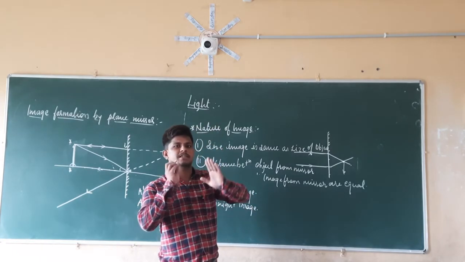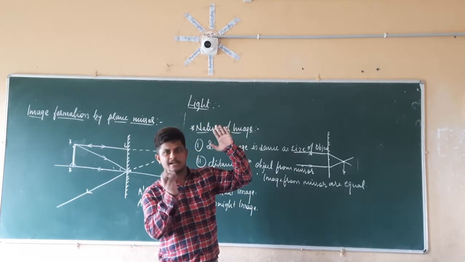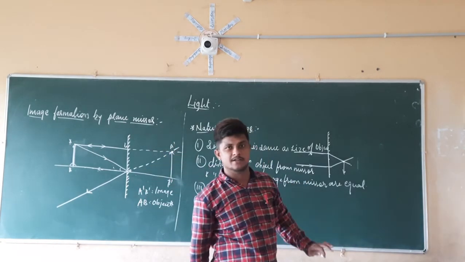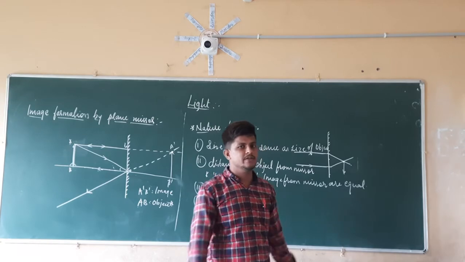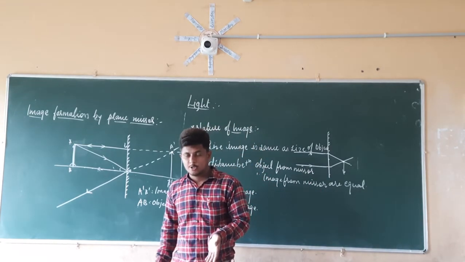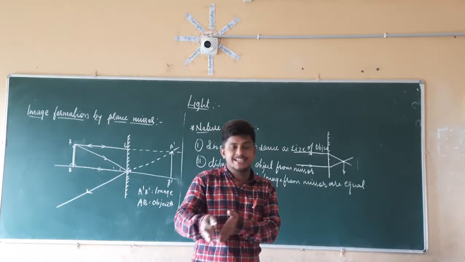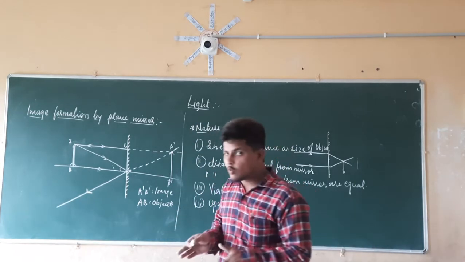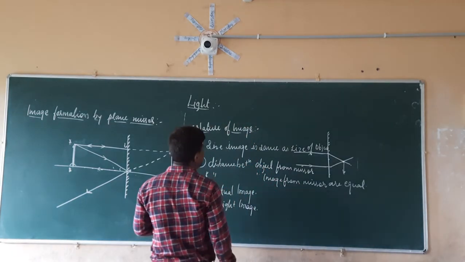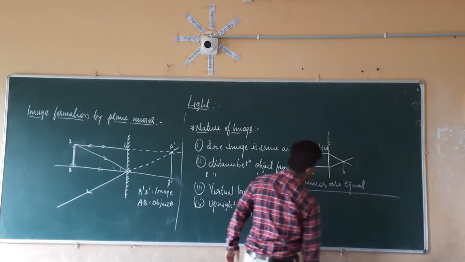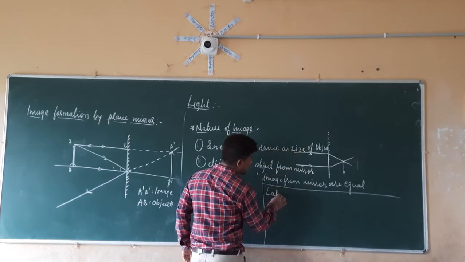If I am bowling with the right hand, inside the mirror it looks like the left hand. In the same manner, if I am bowling with the left hand, inside the plane mirror it looks like the right hand. So the phenomenon occurring here in front of a plane mirror is known as lateral inversion.